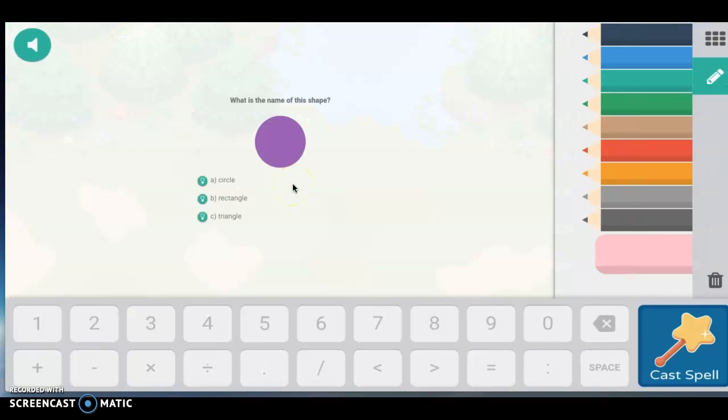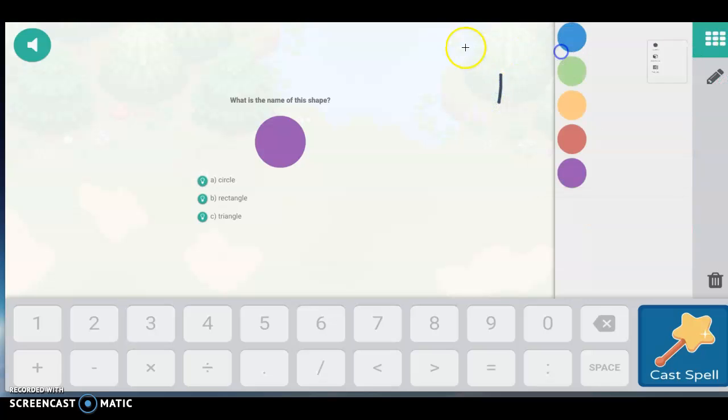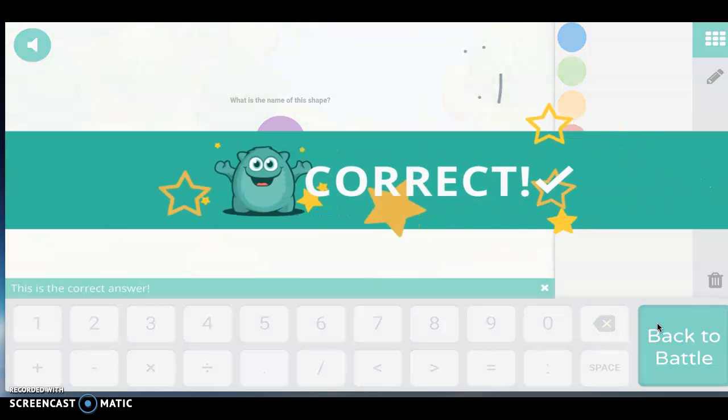So the students are a wizard and they are battling in order to train their pet. In order to battle, they have to answer math problems. When they're doing their math problems, they have these tools over here to choose from, so they can draw. They also have manipulatives they can use to help them solve. So they choose the answer, and they go down and cast spell and they get the correct answer, and now